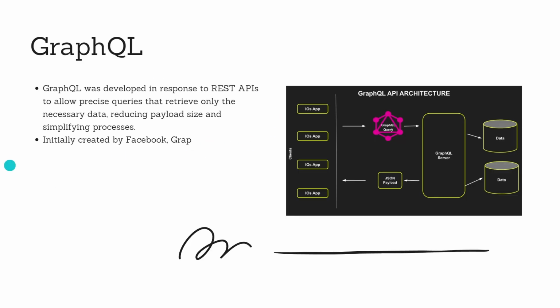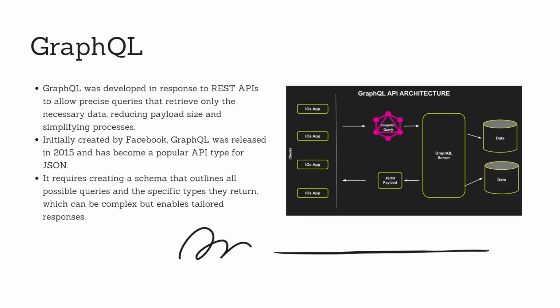Next one is GraphQL. It was developed in response to REST APIs, with the idea that you could execute precise syntax that retrieves only what is needed, lightening the payload and simplifying the process significantly. It is an internal Facebook protocol that was first released in 2015, quickly becoming the go-to API type for the